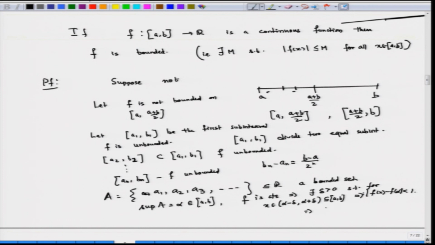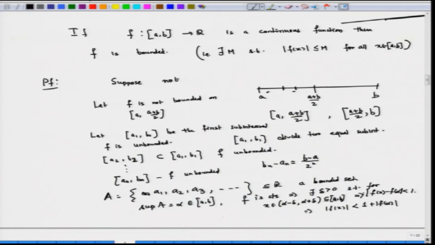This will imply that |f(x)| is less than 1 plus |f(alpha)|, which is a finite number independent of x. I can make [an, bn] so small that it is going to be contained inside (alpha minus delta, alpha plus delta). Therefore, for every x in [an, bn], you choose n large, then f is bounded,